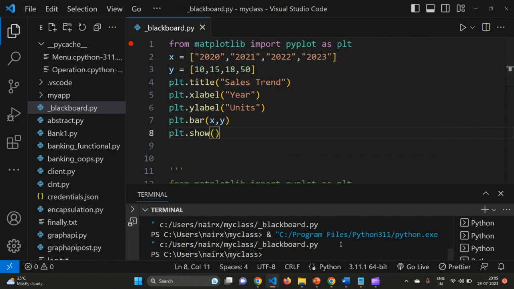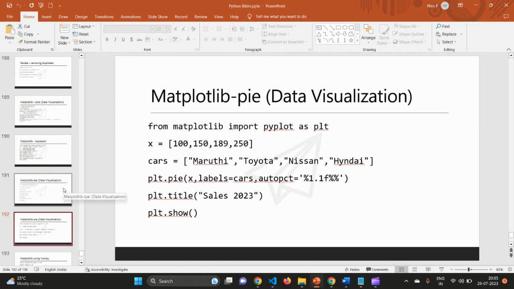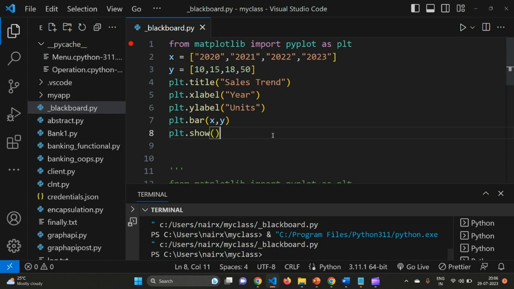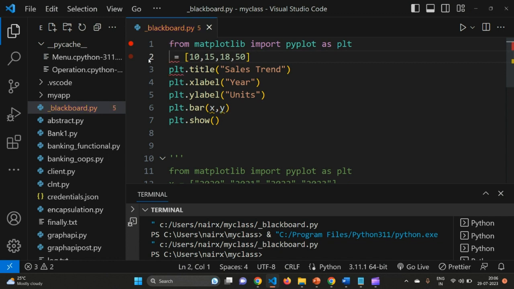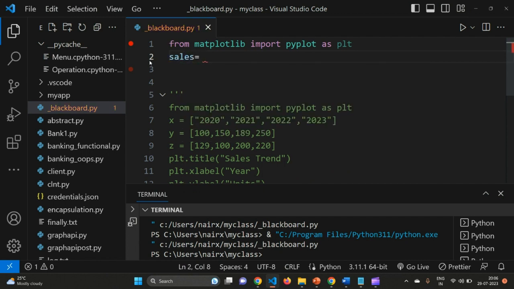All right. Now let's move to the pie chart. Okay, so a pie chart is slightly different. In a pie chart we have only one axis. That is, let's say I have it like this, the variable itself is sales. Okay, sales I'm giving